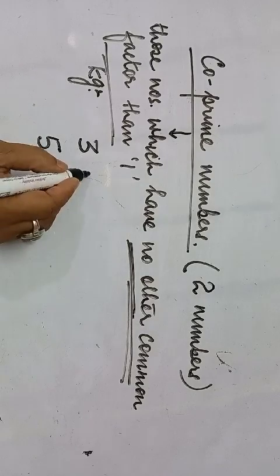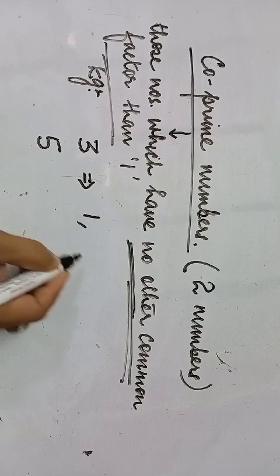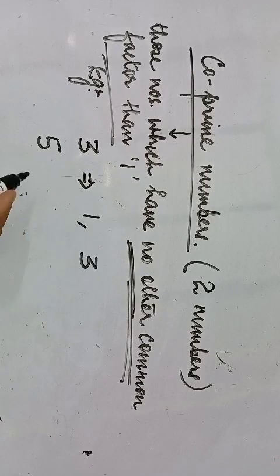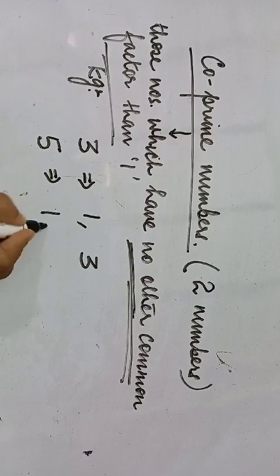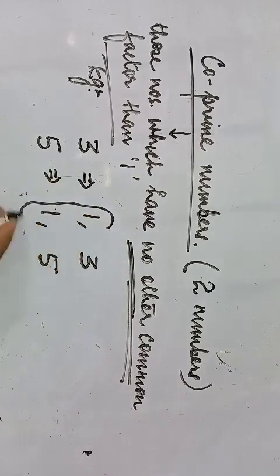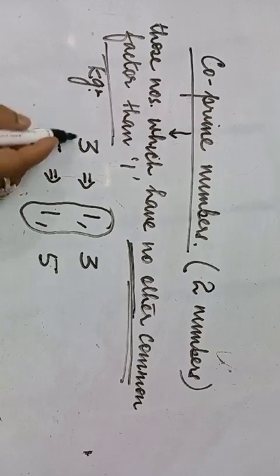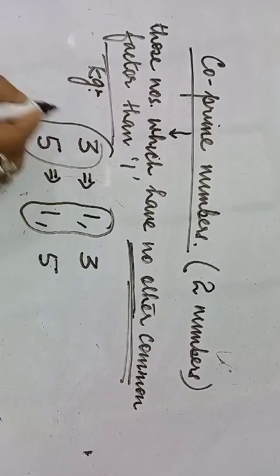Okay, now what are the factors of 3? 1 and the number 3 itself. Similarly for number 5, I have 1 and 5. You can easily see that 1 is the only common factor between these two numbers, and therefore these two numbers